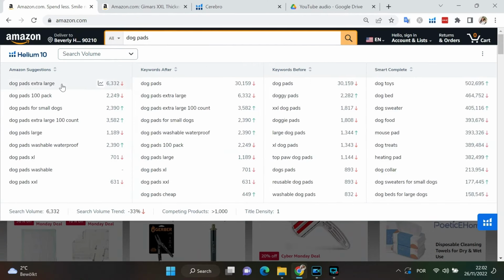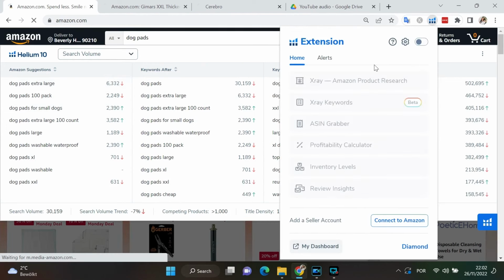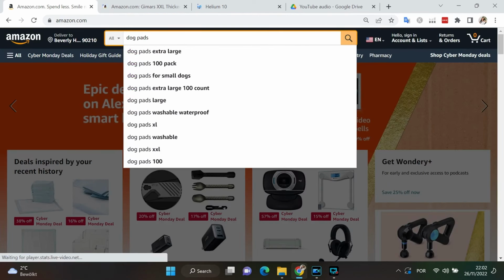So how exactly do you find which keywords people are using to look for your products? Well, there's a very simple trick that you can use, which is to type your item into the search field on Amazon's website, and this will automatically generate a bunch of suggestions based on what people are searching for on Amazon. However, I can tell you that that's not good enough. That gives you a general idea of how you should go about it. The best way is to use a keyword research tool. I highly recommend the one from Helium 10, and we have a lot of videos that we will link up here showing you how to use it.